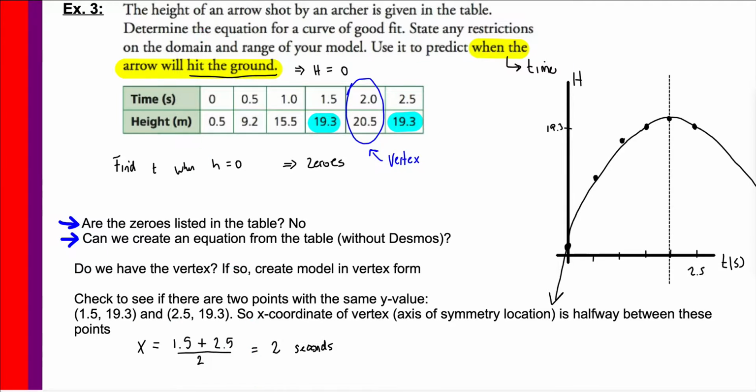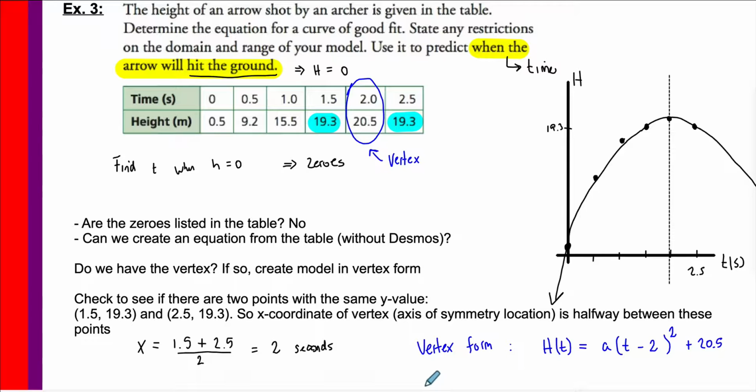So we can start doing that because at least we know that the vertex form equation is going to be something like, and I'll use the units here in the question, instead of y equals, we'll say h of t is equal to, now there's some a value, I don't quite know it yet, and we know our independent variable is t, but since the vertex has 20.5 as the y value, this is going to be plus 20.5, and I know that the vertex has an x coordinate of 2,